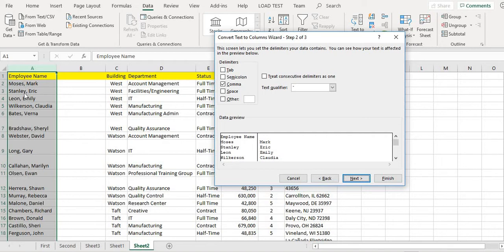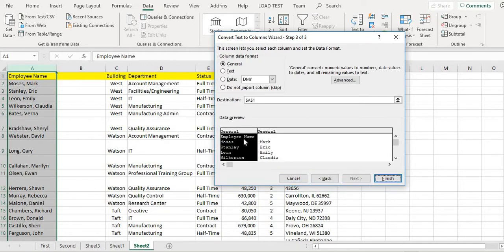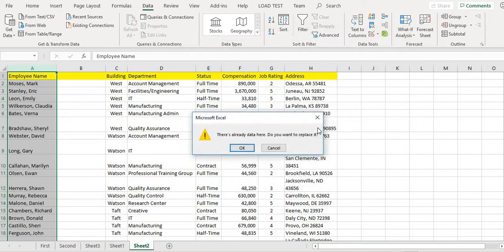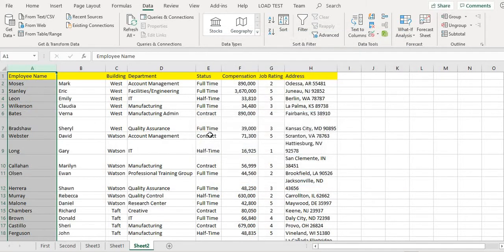Here you see there is a comma. In some cases there would be a space, so you can click on space. I'm clicking on comma, and this would be the delimiter. Then next, you see the preview is there, so you can check whether this is correct or not, and Finish. It will prompt that there is already data, you just click OK.